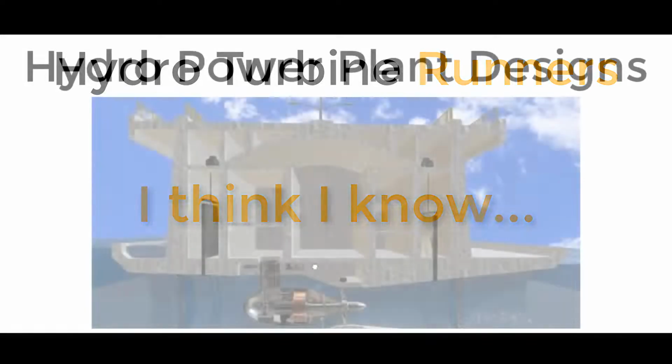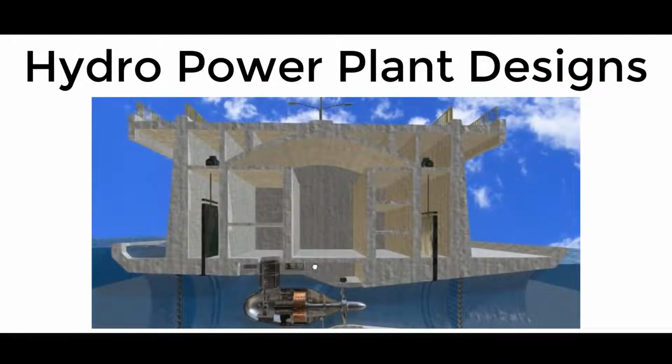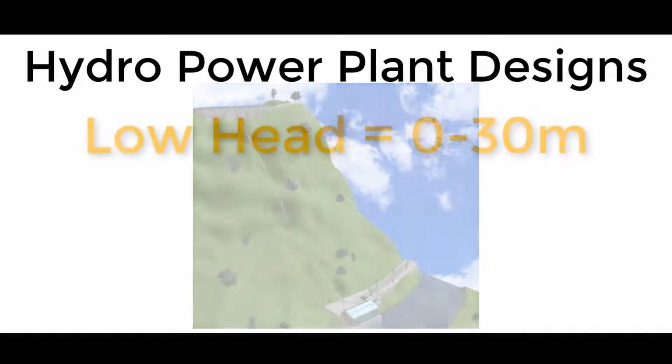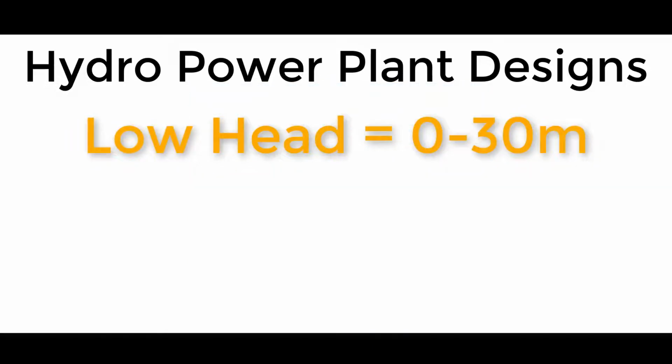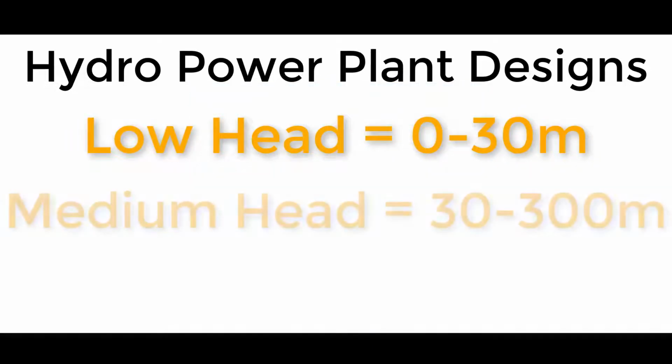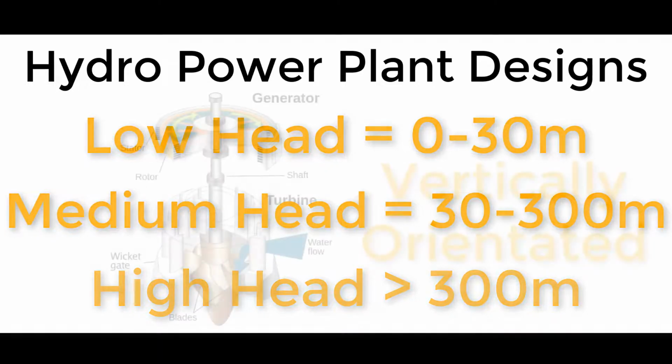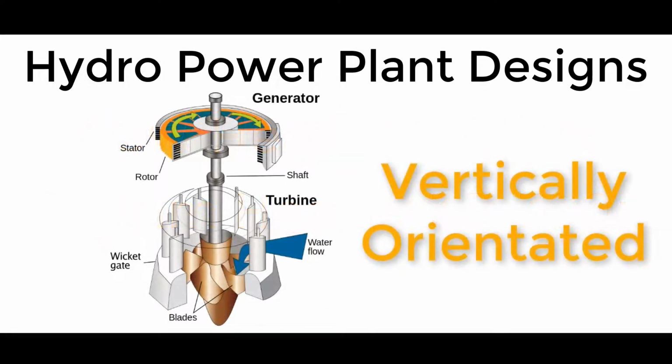Anyway, let's carry on. Hydroelectric turbines are also classified by not just their design or operating conditions, but also by the head. Low head would be, for example, up to 30 meters, so 0 to 30 meters. Medium head would be 30 to approximately 300 meters, and a high head would be anything above approximately 300 meters. You can also classify turbines by their orientation, if they're vertical or horizontal, and by the shape of the water